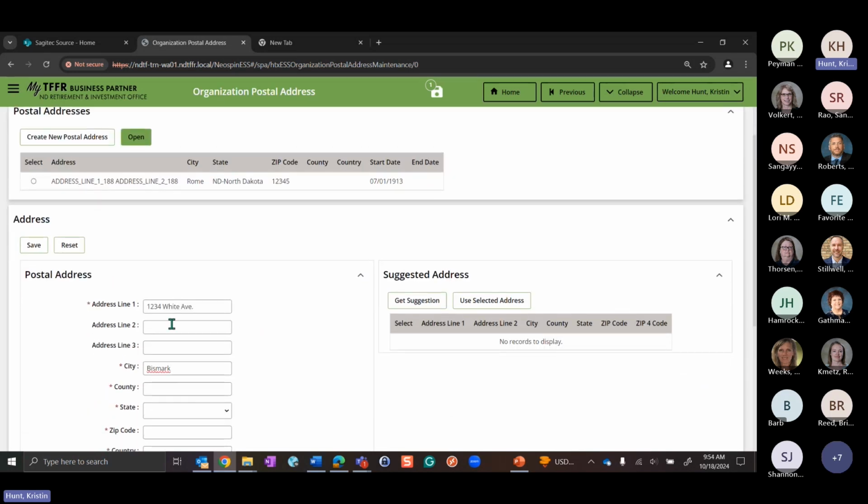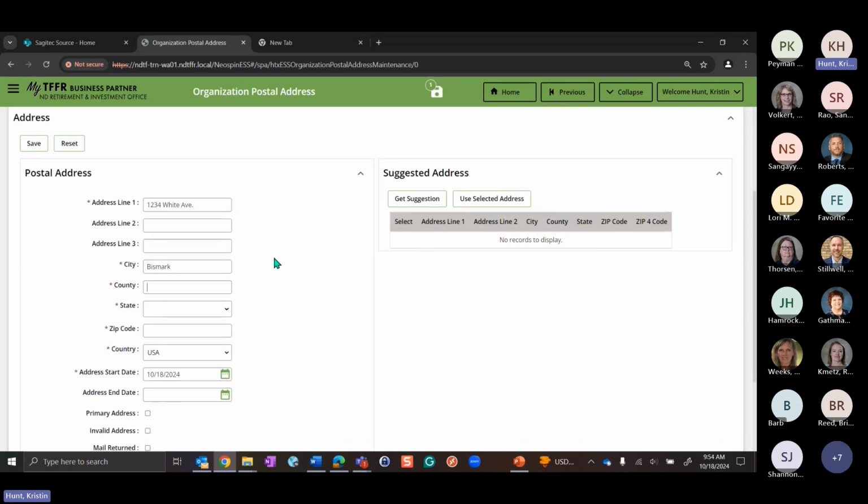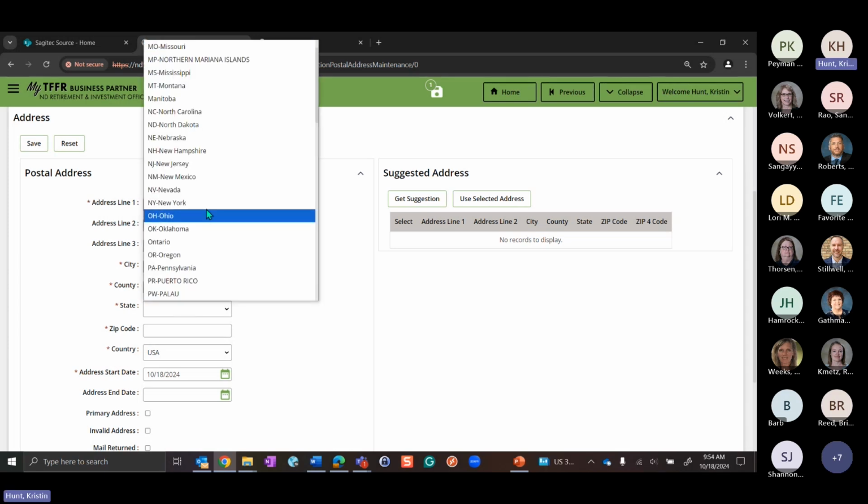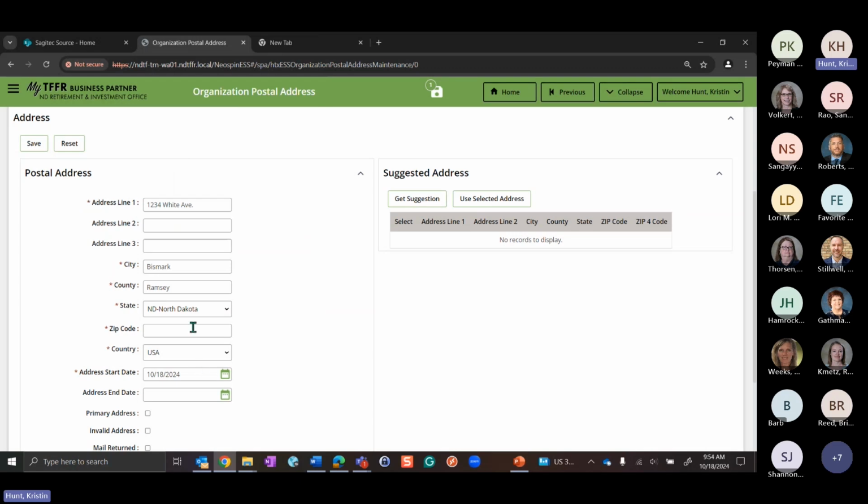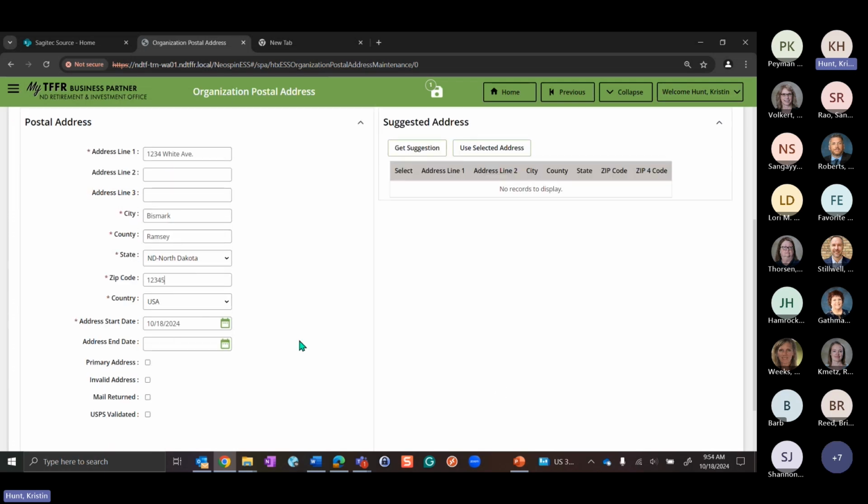But basically, I'll come down here and fill in the address, the city, the county. I don't know your guys' county, so I'm going to make something up. And then I'm going to select the state and enter in the zip code. But now if you notice, I'm putting in stuff that is obviously not a real address. So let's pretend somebody actually gave you this fake address.